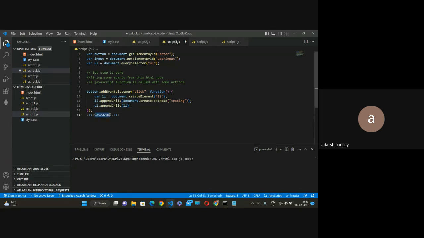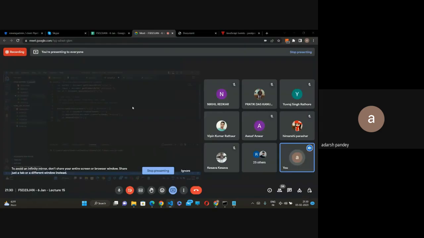Append this item to what, this list. So I use list dot append child, and then I have to create a text node. Here the element is created, but it creates what, a text node, which is inside your HTML element. Text node means this item, which is inside your node. So I use create text node. So now your ul dot append child, आपने लिस्ट को अपेंड कर दिया।